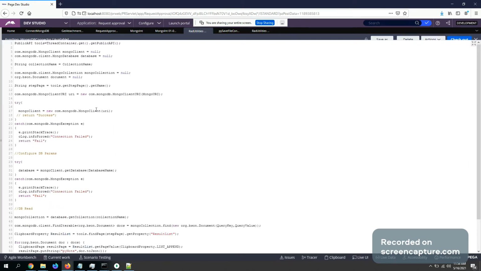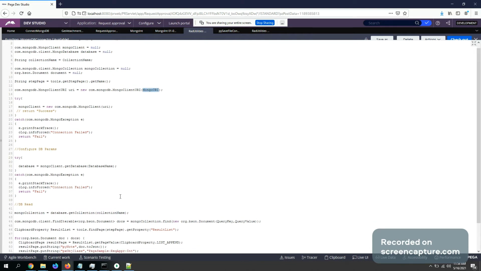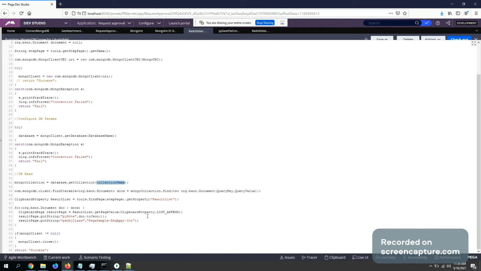I'm not going to go through the steps in detail, but overall it is creating a MongoDB database object and a collection object, and using that it is connecting to MongoDB, and then connecting to the collection, and then it is reading. After the read, it is parsing all the results to the result list page list.